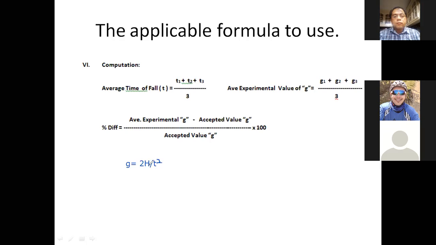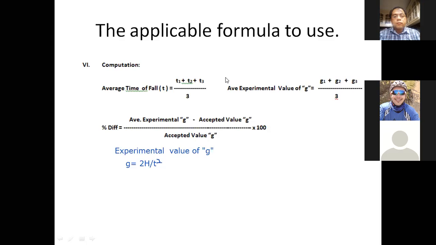So this is how we get the value of our acceleration, or this is the experimental value of our acceleration G. So again, from the table that we had, we see that